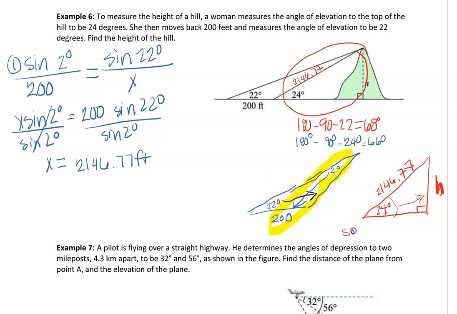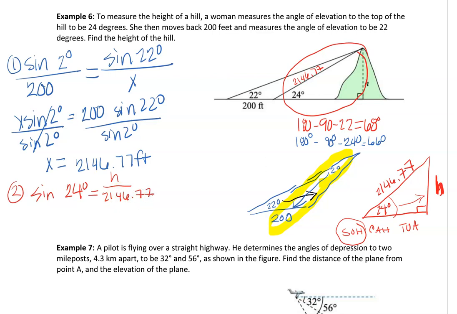And so if you consider SOHCAHTOA, the ratios of sine, cosine, and tangent, opposite over hypotenuse is sine. So I'm going to go back to that configuration. Compared to the other 5 examples, I'm able to go back into this because we are now dealing with a right triangle. And so I'm going to say, step 2, sine of 24 degrees is equal to opposite, which is H, over our hypotenuse,